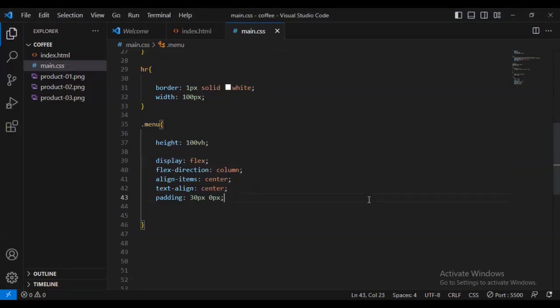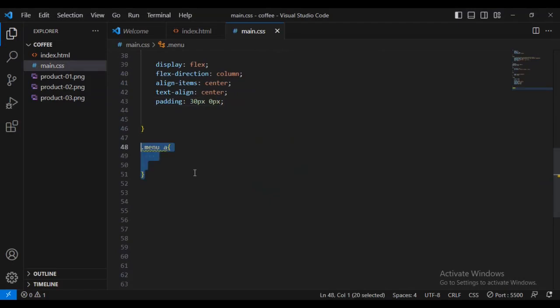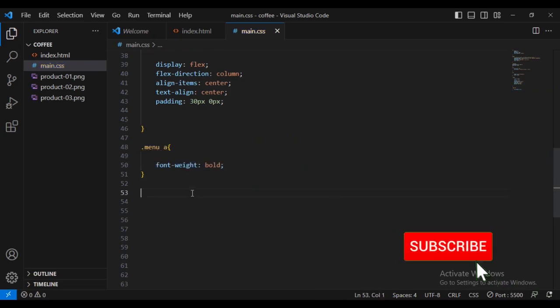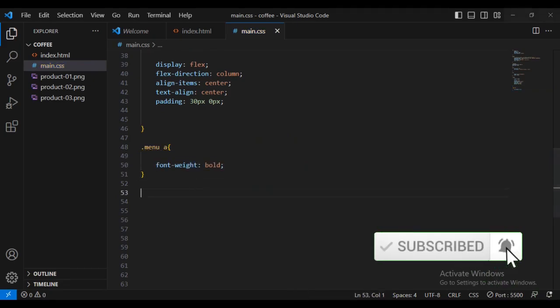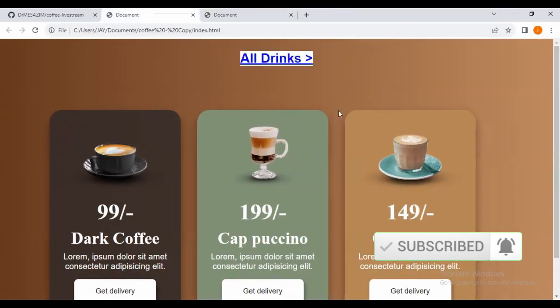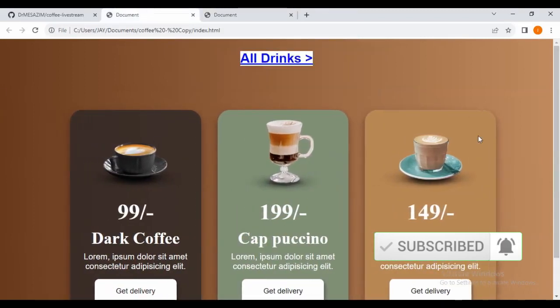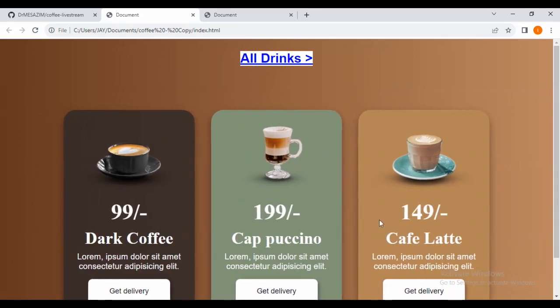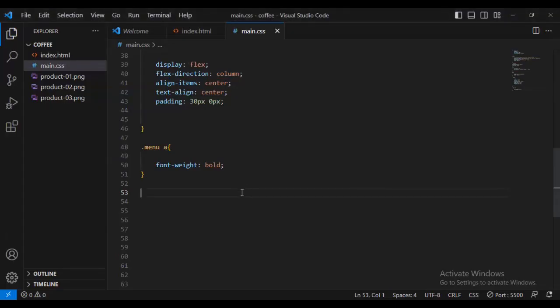Now I'm going to start the new hyperlinks. I'm going to give them a font weight of bold. Then after that one, I'm going to style the cards. As you can see, the div card, we have got separate cards 1 2 3. So I'm going to style these 3 cards. So for these 3 cards, I'm going to say